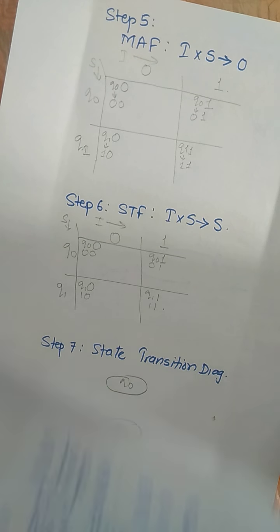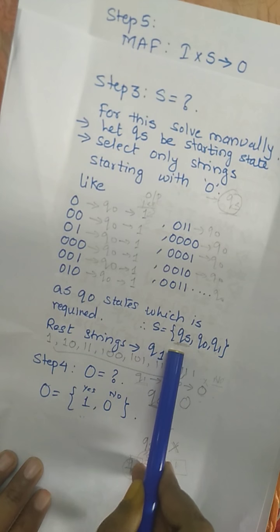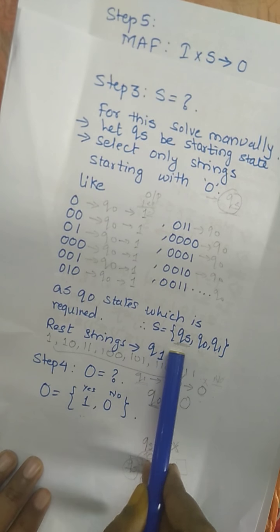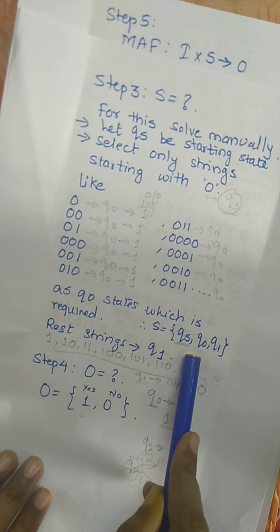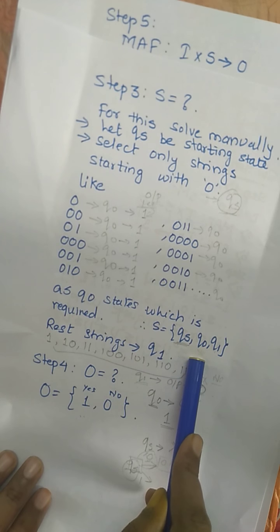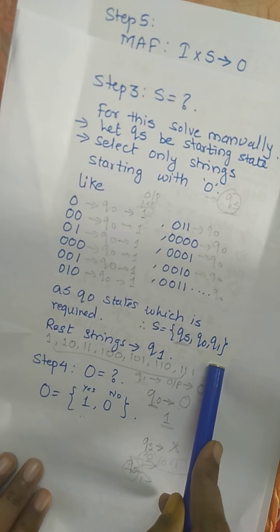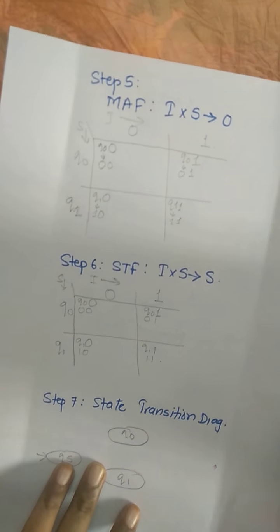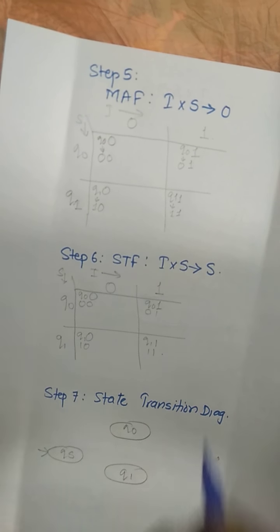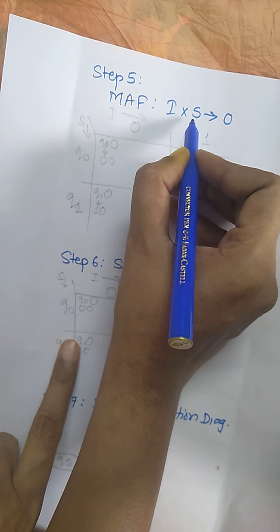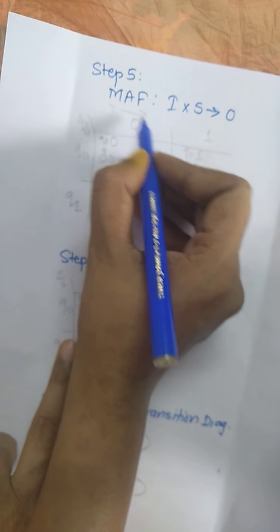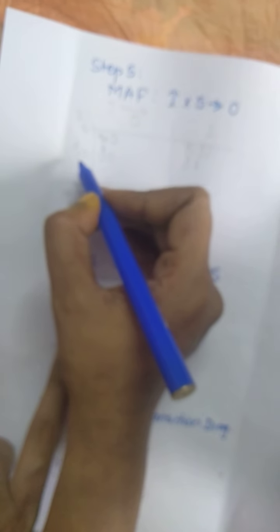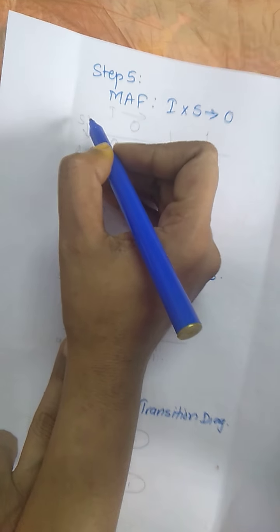So how many states have we considered? We have considered 3 states. QS is the initial state, no input plus no output. Q0 is the state which is according to the requirement, generating output 1, yes, according to the question. Q1 is the state in which all the rejected strings are going to be generated, generating 0 as the no output. That's why for the machine function we have got I, S and O. Now we are going to complete the machine function with the Q0, Q1 and QS states.